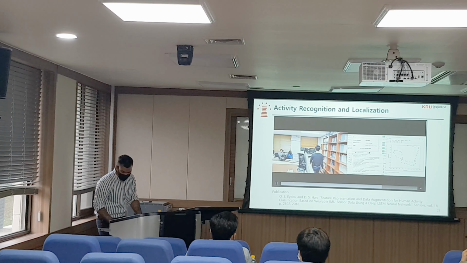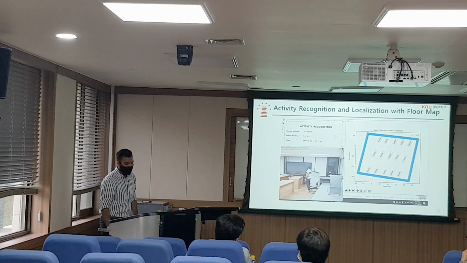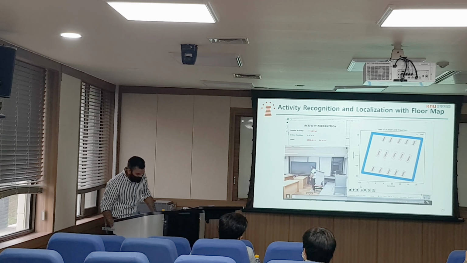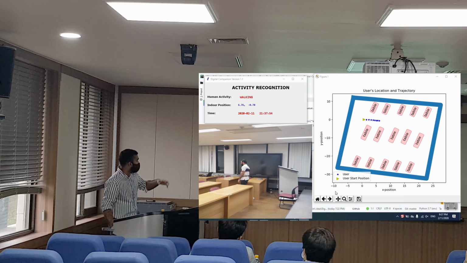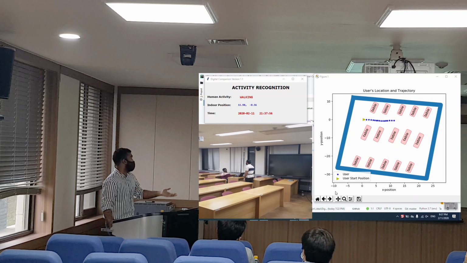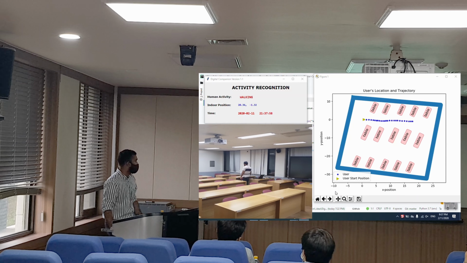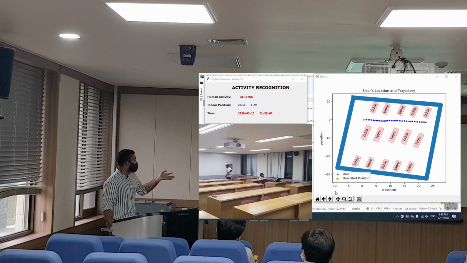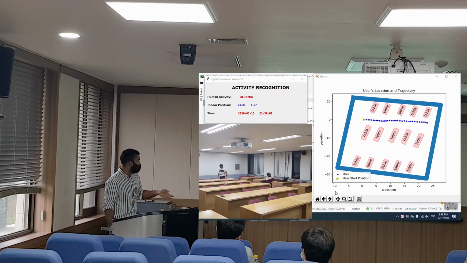So we next consider a floor map. We did the experiment with a floor map. So we started the experiment and we have a more accurate and more convenient way of presenting our result. Here we consider the tables and everything with a floor map. So the results are far better and more convenient for the audience.